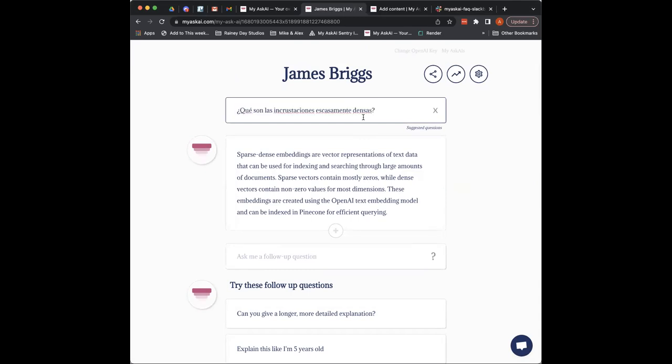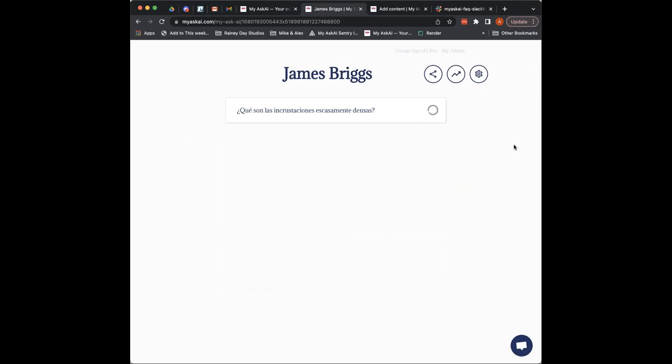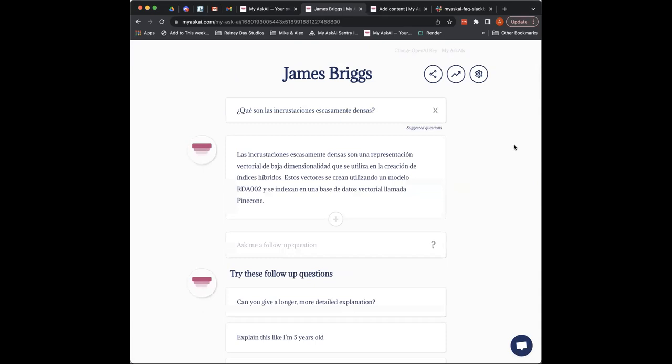And then a really nice thing, which a lot of this tech supports out of the box, is that we support 95 languages out of the box, both in terms of the content you upload and the questions you ask. So if there are any Spanish speakers in the audience, this is basically us asking the same question, and you can get the gist there that this is a similar answer, albeit in Spanish this time. So that's a simple example.